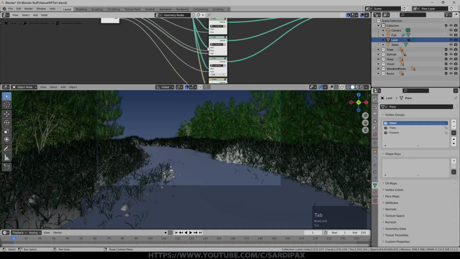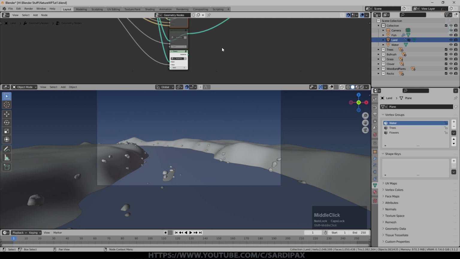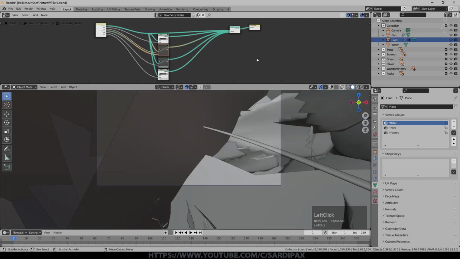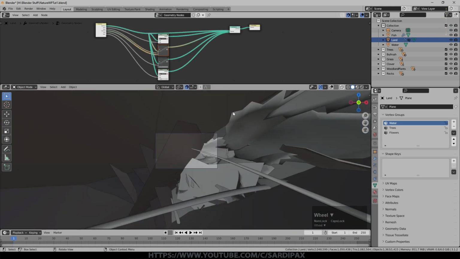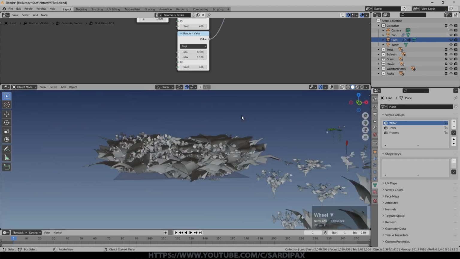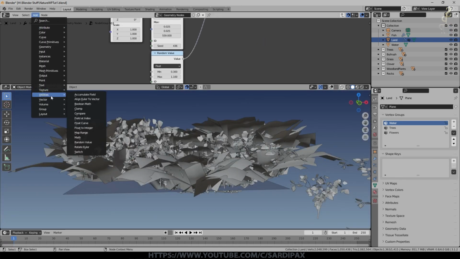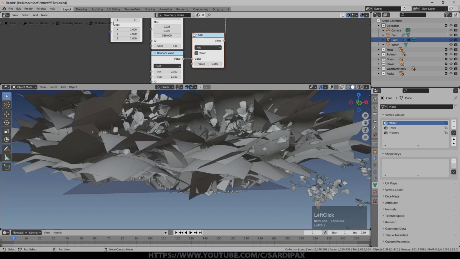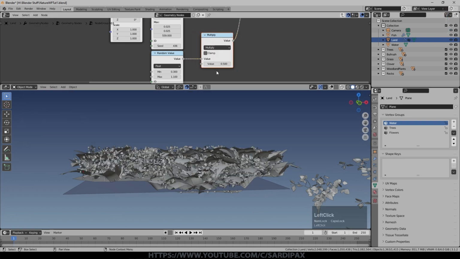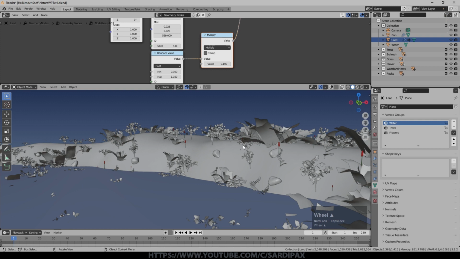And no doubt the size is going to need to be changed. I'm just going to come out and mute the grass and the trees so that we can see what we're doing better, and then connect that into the geometry. So you can see, as I guessed it would be, it's rather large at the moment. So let's turn the scale down. And in fact, that's such a large scale, I'm going to put a multiplier on it. So I'm going to add under utilities a math node, drop that in there, set it to multiply, and then we'll set that to something like 0.1. That's already getting close now to the sort of size we want. So we'll go with that for the moment.